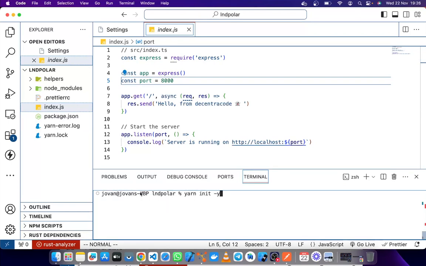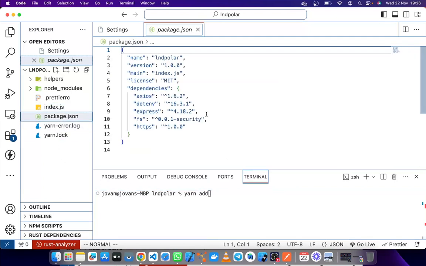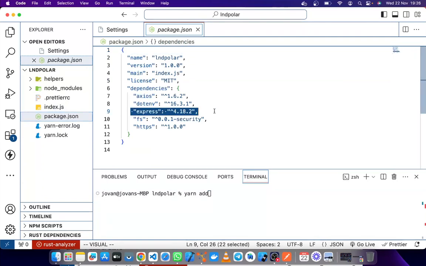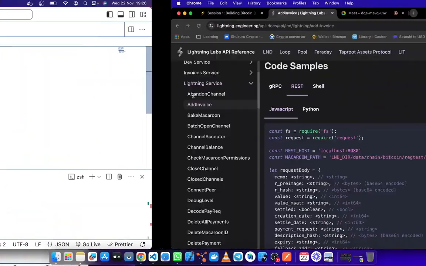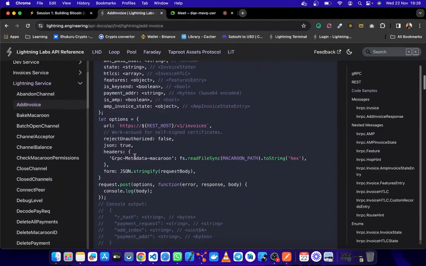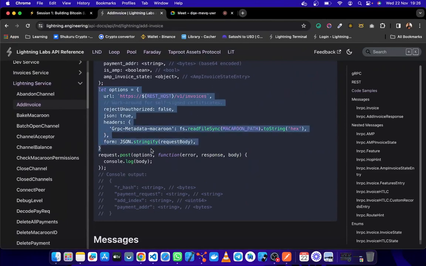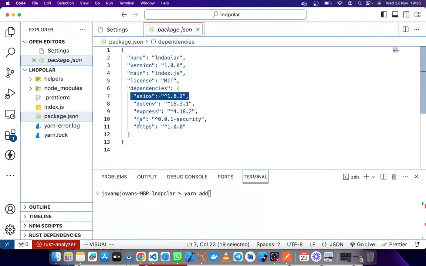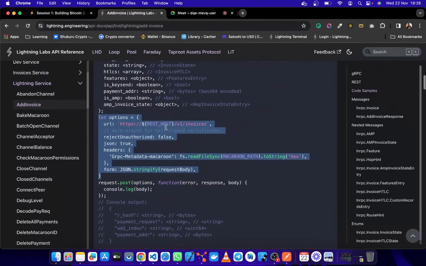It will give you this package.json, and then you can go ahead and add Express. Express is a backend service. We have very few services. We have Express. We have Axios. Axios will help us call these endpoints. And then we have FS. FS is just a file system that these guys need.